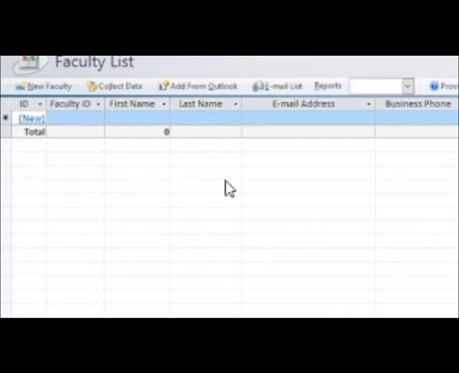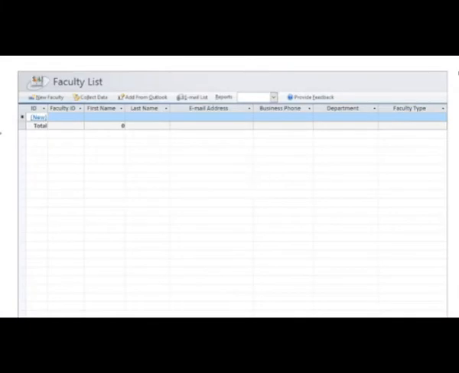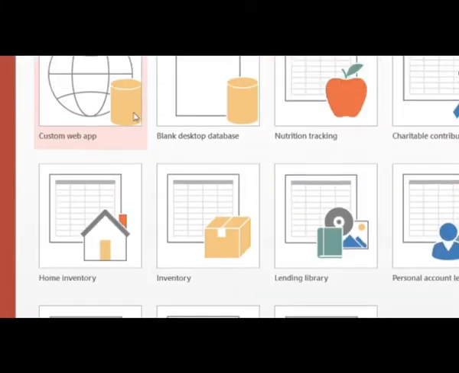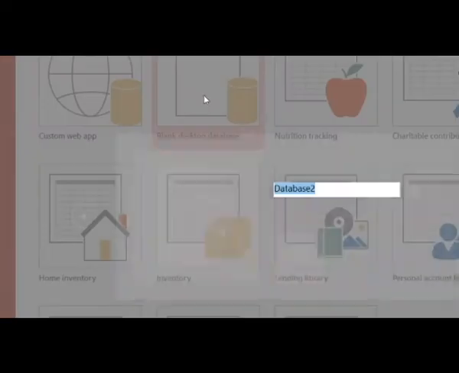So this is one thing which we have learned, that from the many templates you can take any one of your choice, but we will learn to create a blank database. So click on blank desktop database.